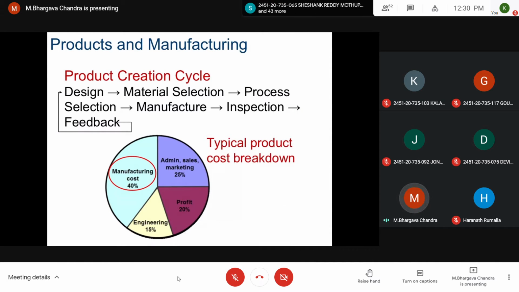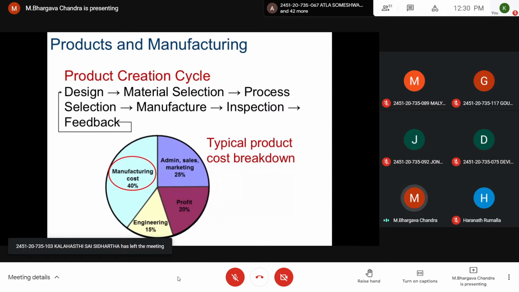Just see this pie chart. The engineering cost is around 15%, which includes designing, modeling, etc. Then you have the manufacturing cost, the actual processes implemented on the component, whether machining, welding or assembling is to be done. That itself is the major holder here, costing around 40%.